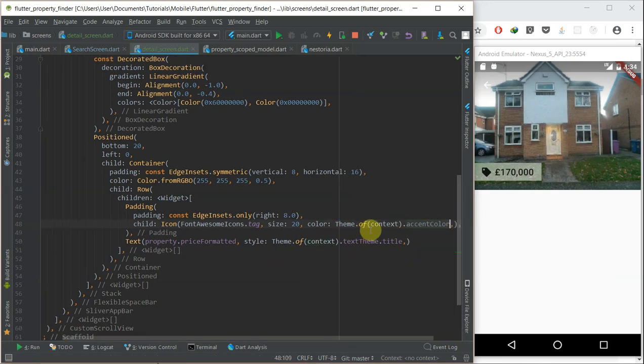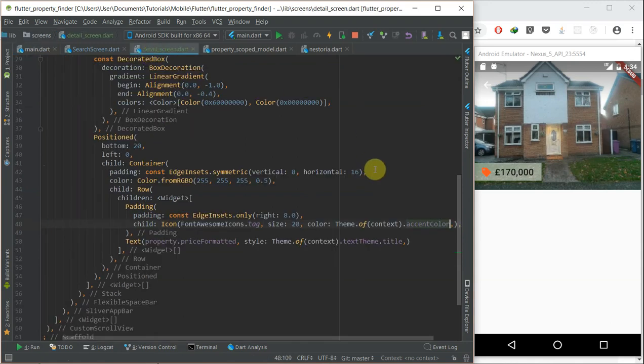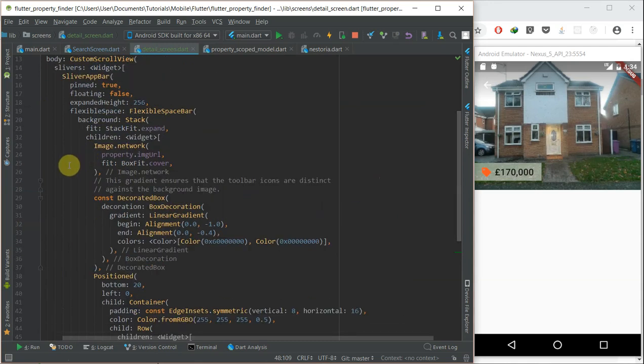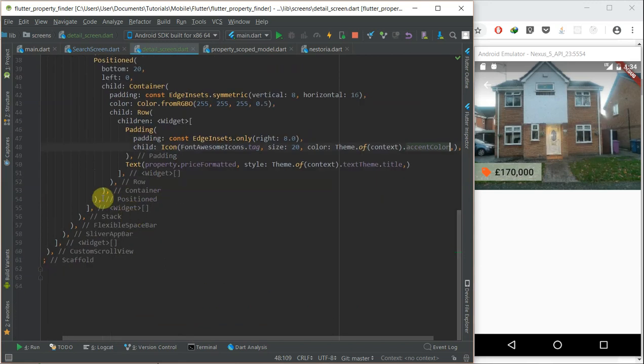It's going to be the accent color, and I declared it over here in the main.dart. You can see the accent color is deep orange. So that is that for that section. And the next thing we're going to do would be to